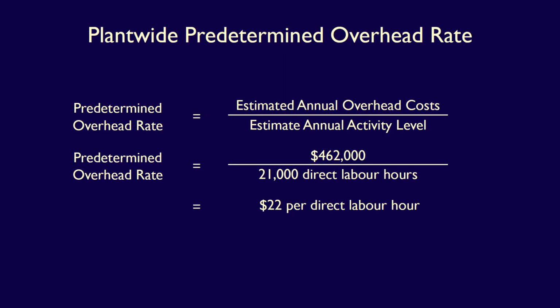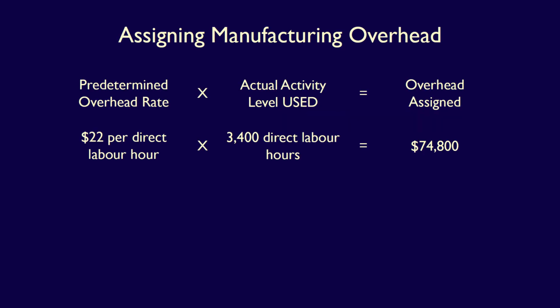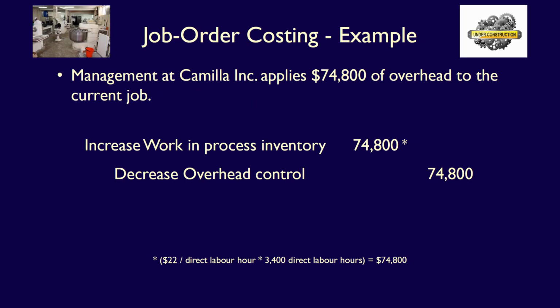We then calculated the plant-wide rate for Camilla Inc., $22 per direct labor hour. This means that for every 1 hour of direct labor worked on a job, $22 of manufacturing overhead would be allocated to that job. We then use the application rate to determine the overhead to assign to Camilla's job of producing custom cakes, $74,800. The application of manufacturing overhead resulted in an increase to work in process and a decrease to the overhead control account,